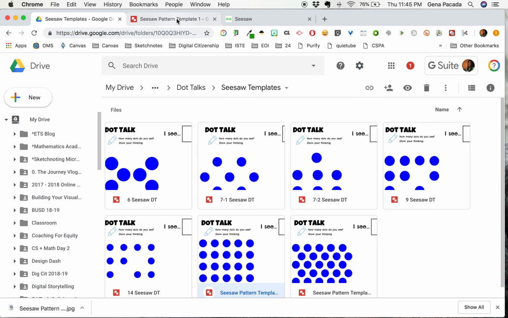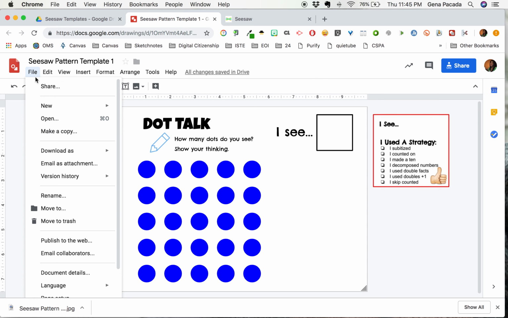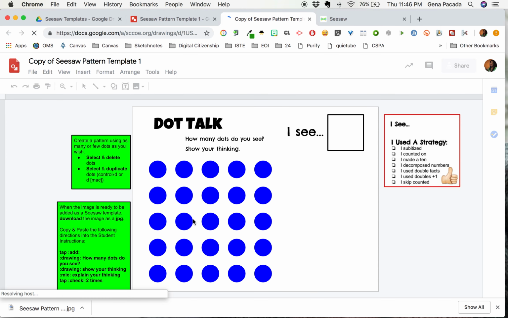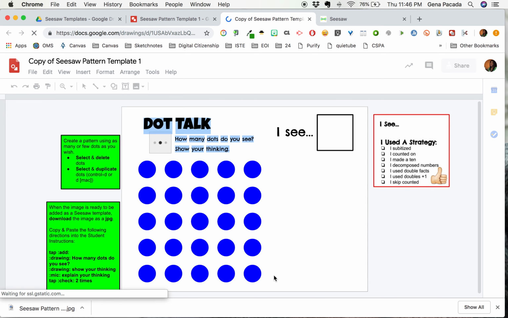So I am in a template and I'm going to make a copy of that template. And once I have a copy, then I should be able to edit it. And then I can modify. So let's just say I just wanted to get rid of these last two rows. So I'm going to select,